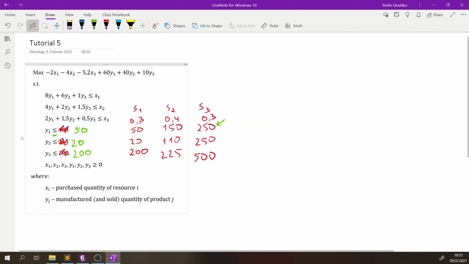Therefore, we need to choose for the fat solution the smallest possible right-hand side among all the scenarios. If you do not choose the smallest one, then it might happen that your decision will violate the smallest one. So as I told before, if I would choose here 150, it might happen that my decision will violate this